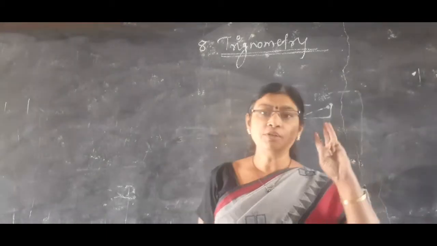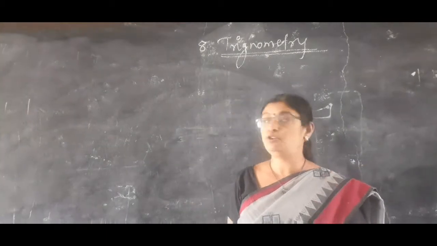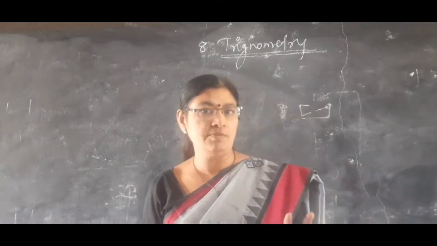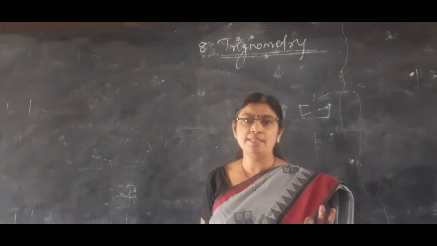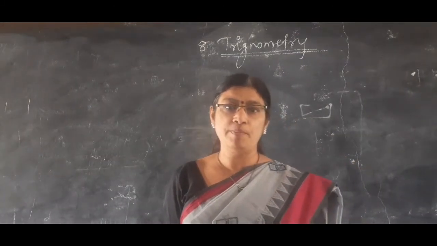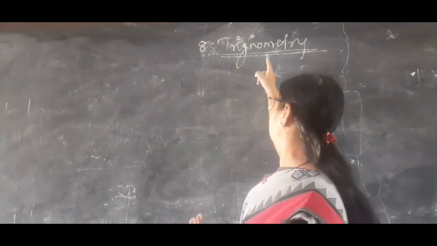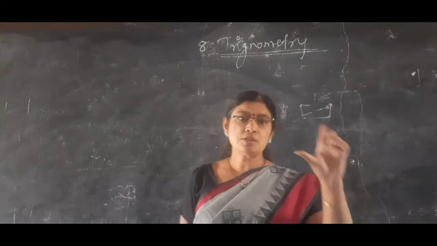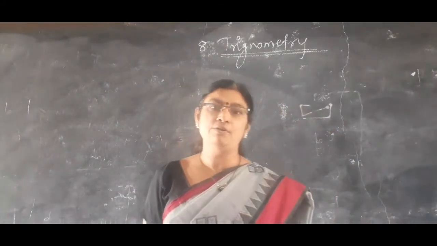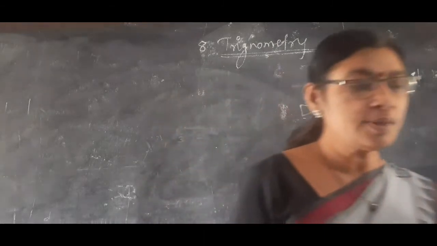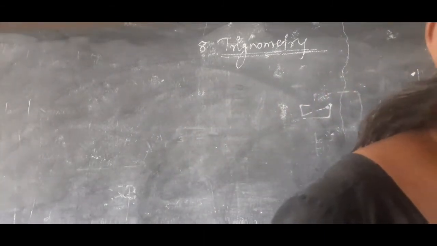Now here three values are important for trigonometry, and it is applicable only if a right angle triangle is given. If a right angle triangle is given, then you can use the applications of trigonometry. Tri means 3, gona means angle, and metri means measurement. You have to use three values and then find out the answer. By using these measurements, you have to find out the answer.